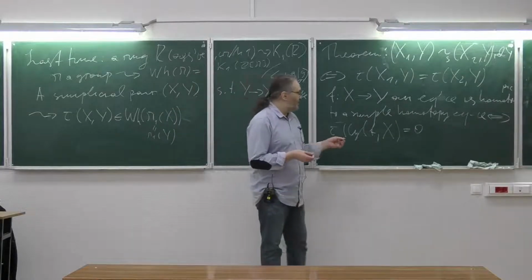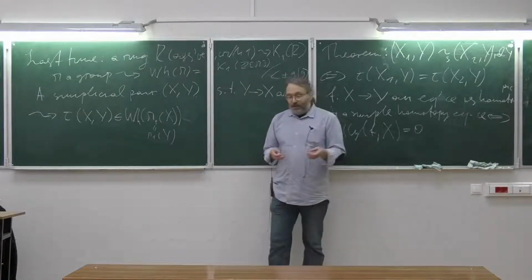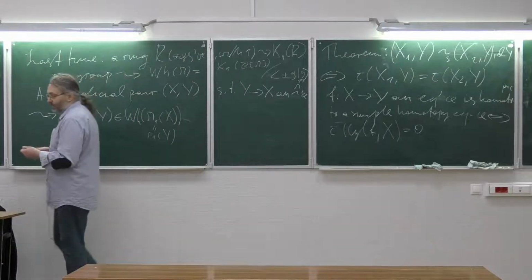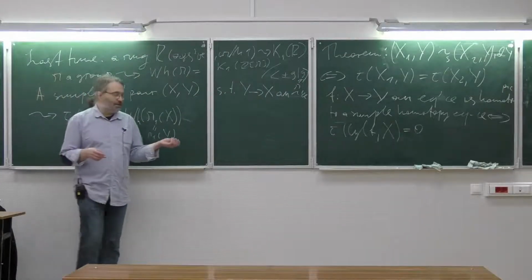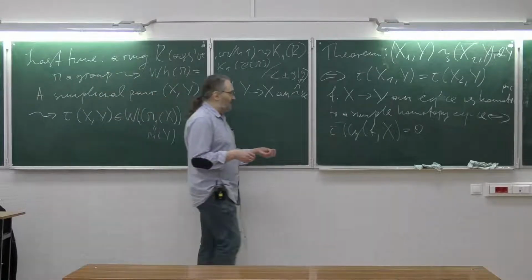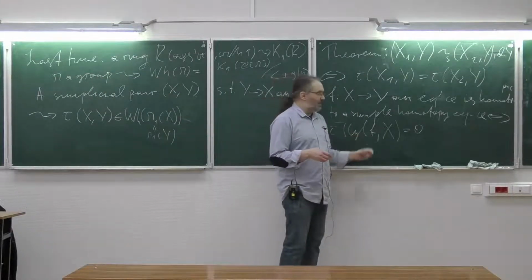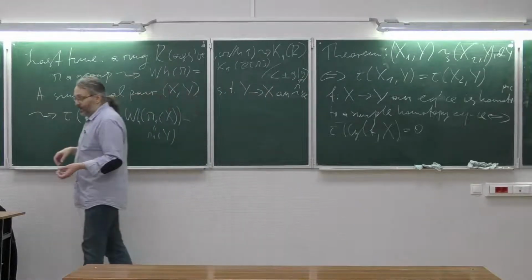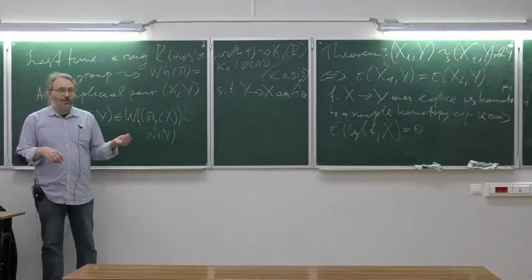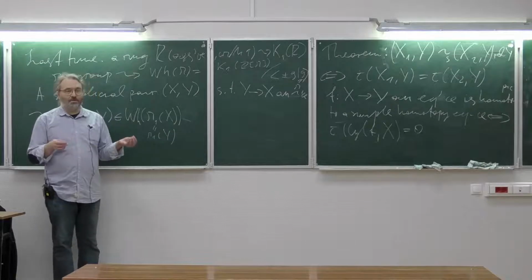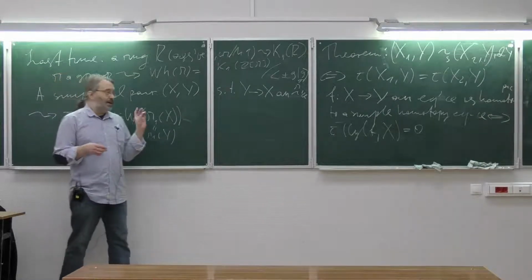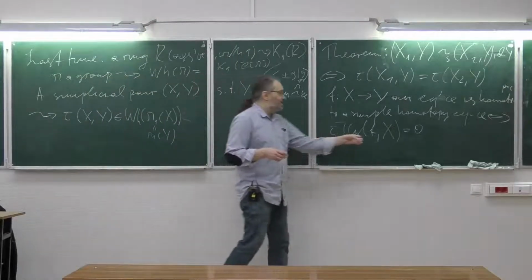One should be careful. The cylinder of a homotopy equivalence is homotopy equivalent to both X and Y, but we want more. We want a simple homotopy equivalence. Okay, I think it's an X, but